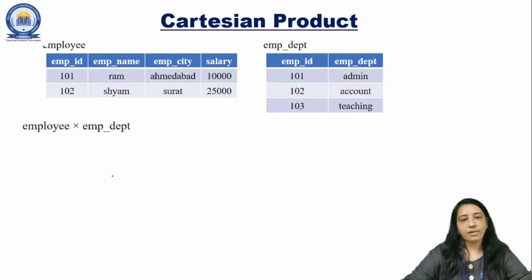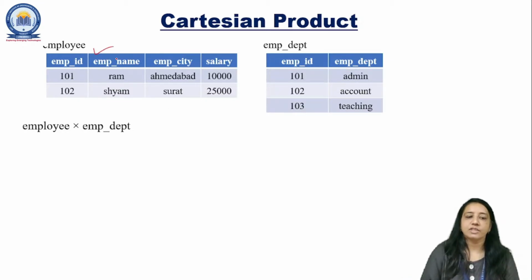For that we are going to consider two relations. The first one is the employee table, the same as we saw in the previous lecture. The other one is a relation named EMP_department. It has the information about which department is allocated to which employee in the employee table. There may also be another table, department, which holds the details of all the departments.